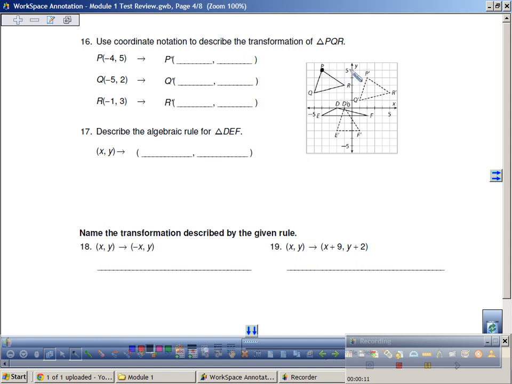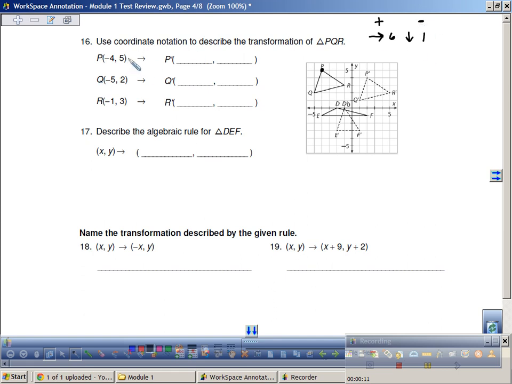How do I get to P prime? Well, to get to P prime, I could just count. 1, 2, 3, 4, 5, 6. Is that right? 1, 2, 3, 4, 5, 6. And down 1. So I went to the left 6, and I went down 1. Going to the right 6, is that addition or subtraction? That's addition. And going down is